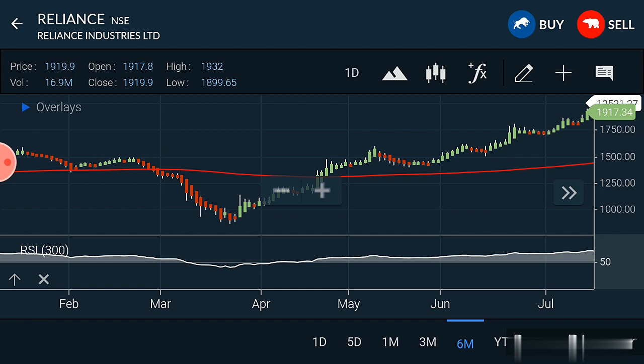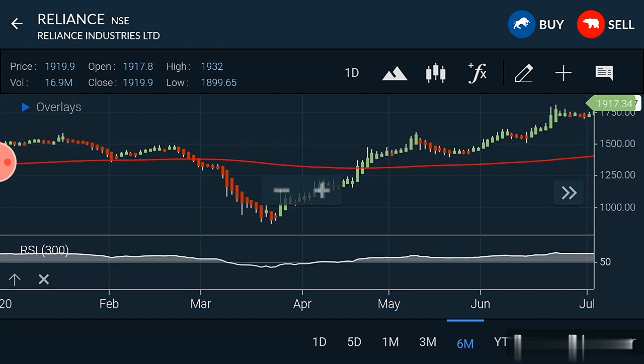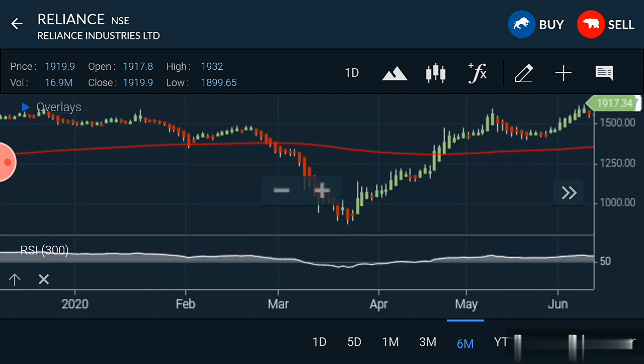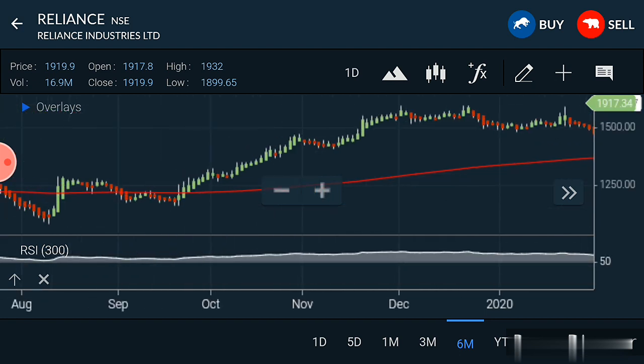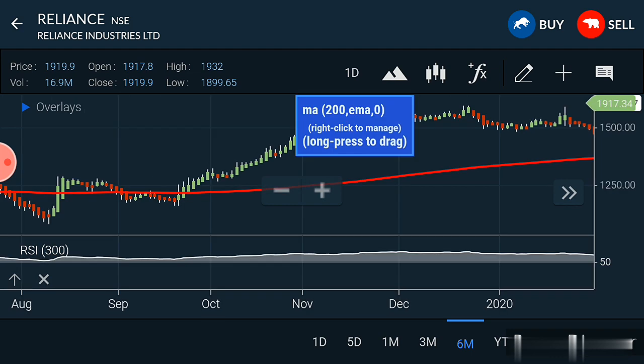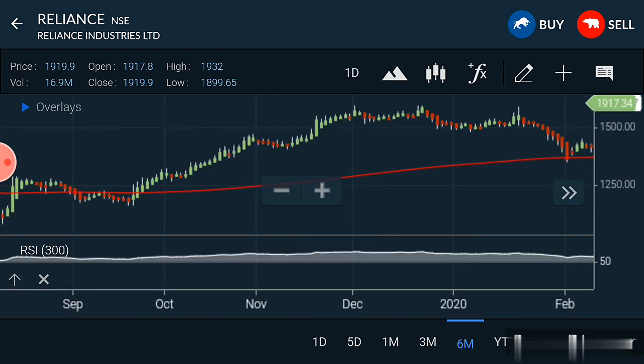So always you have to see whether the stock is closing above. You can see the candle here. Once the green candle is above the 200 EMA, you can go and buy the stock. Here also you can see in the month of March it came down below 200 EMA, and it went almost 300 to 400 points down. So whenever it is going up, you can buy, and whenever it is coming down, you can sell. So both options you can do. And in the past also, you can see in the month of October it closed above 200 EMA, and it went such a way up.